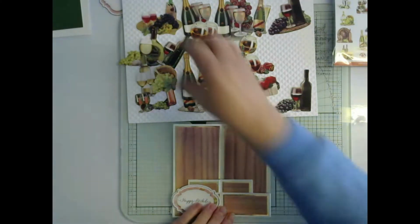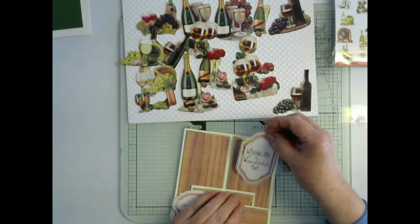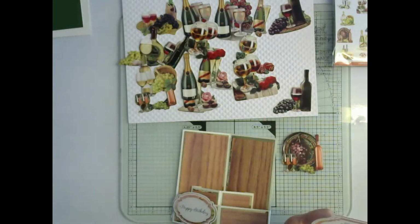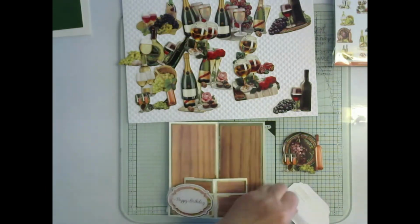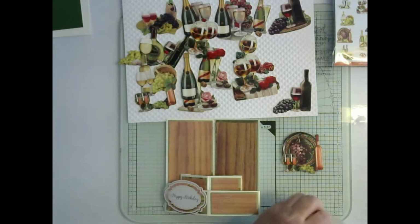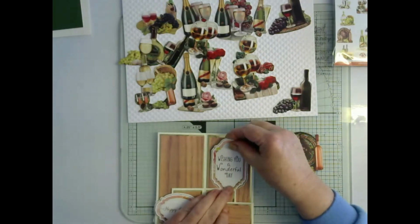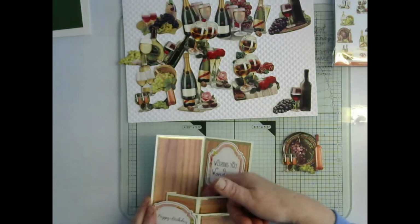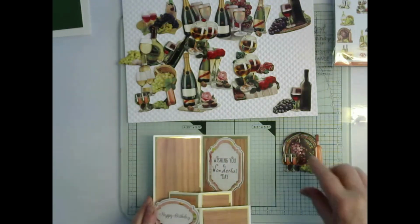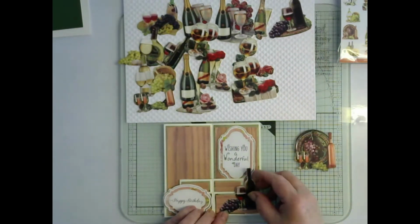So I've got also a larger greeting that says wishing you a wonderful day. Now it's a little bit long, so I'm going to snip that off there, and I'm going to put some extra little bits just to cover that. So let's put this in place, and once I've got these in place, I can get on with all the other little bits. So some of your bits will come down in here, excuse me, and on there. So I'm going to take this one. I'm going to have the bottle of wine, the grapes